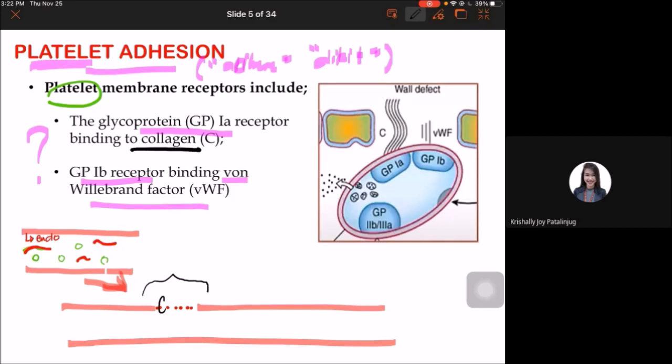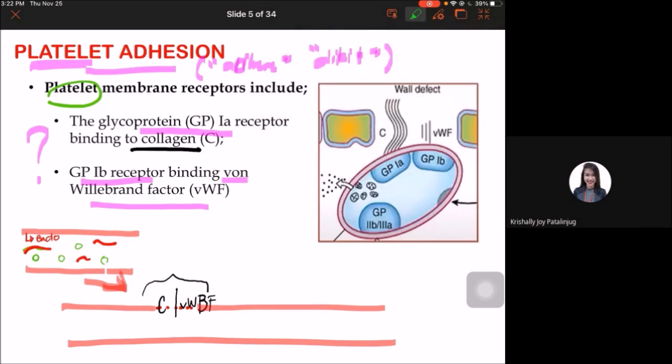And aside from that, na-expose din yung what we call the von Willebrand factor. Okay, so na-expose sila kasi nga again, nasira yung top layer nila which is the endothelium. So, dira ra pud nga part. Kaya dira ra man ang may injury. Now, let's say,